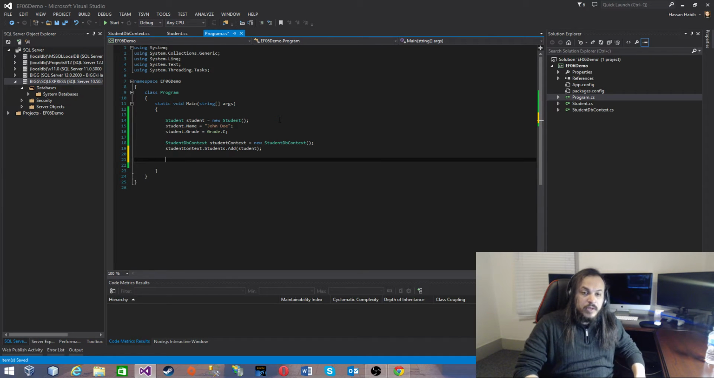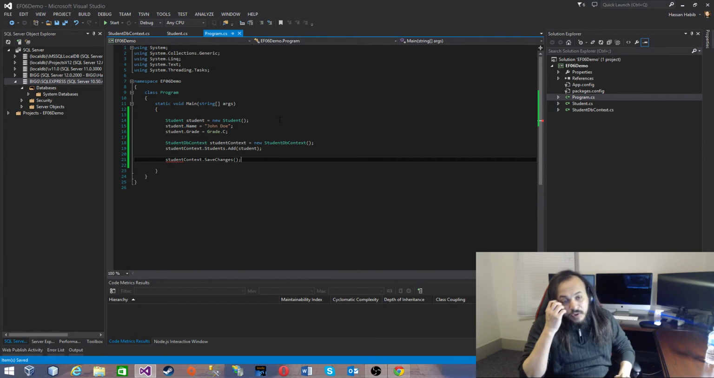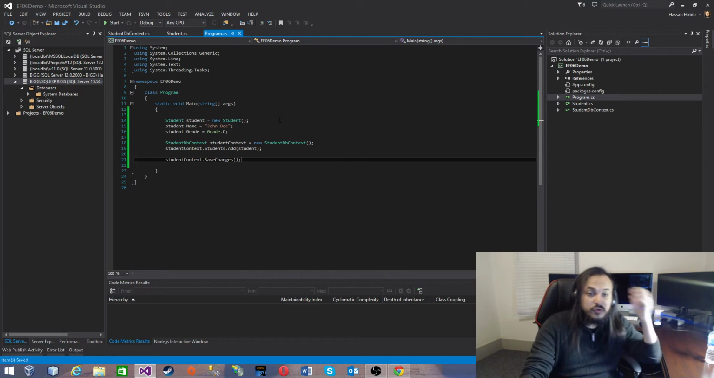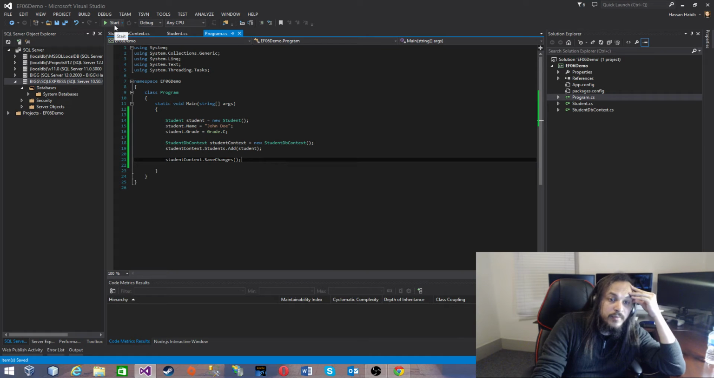Now, this collection has your new object. What do we do next? We're just going to save. That's it. And when you click save, student context, save changes. That's it. So now your changes have been saved to the database. Let's see if that's true. So I'm going to run my program in here,